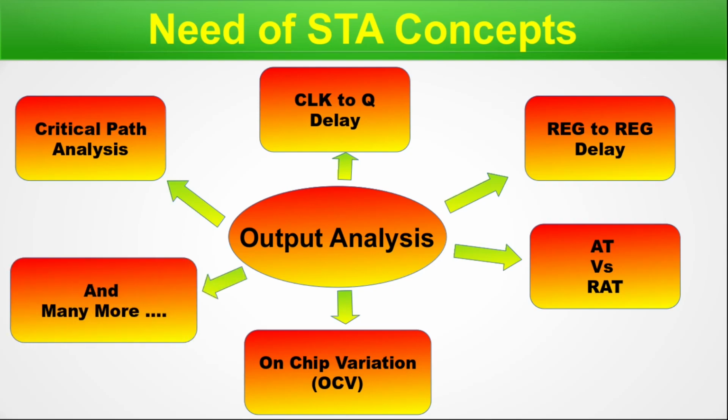So all these concepts come as a text output and you have to use your human intelligence to go to the root cause analysis of which particular category of failure is happening and from where it is happening and how we can prevent that. So that is the main goal of a static timing analysis engineer. Thus, we point out the problem zone of an ASIC chip and rectify the timing violations before signing off or tape out. So we are done with this particular slide.